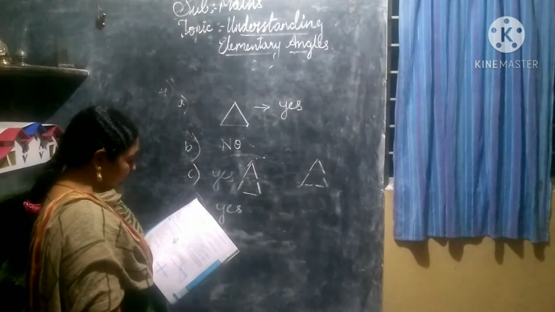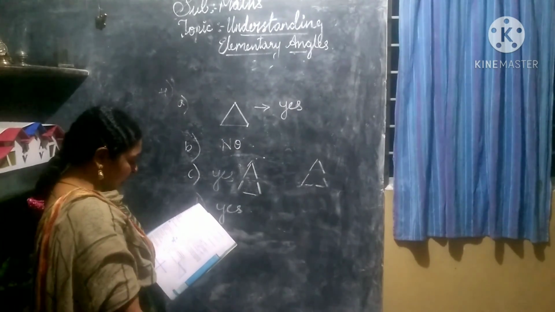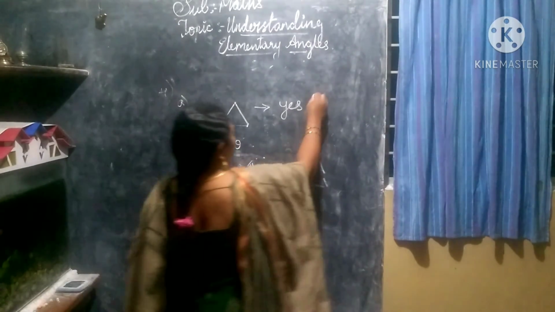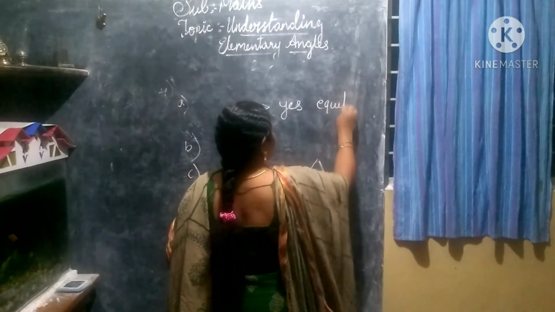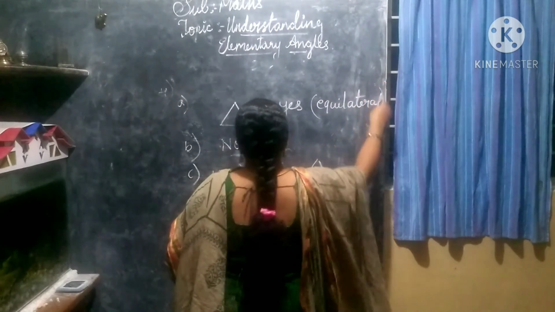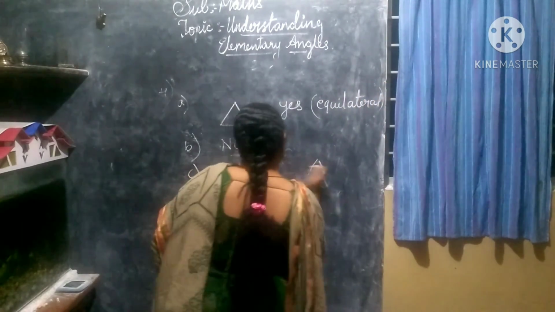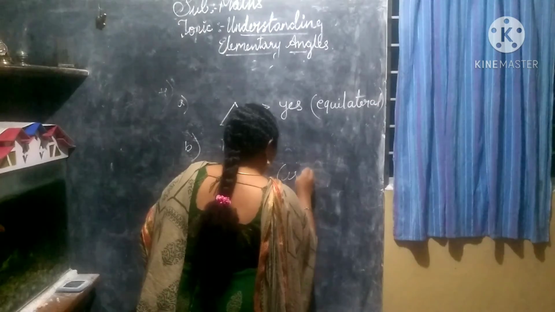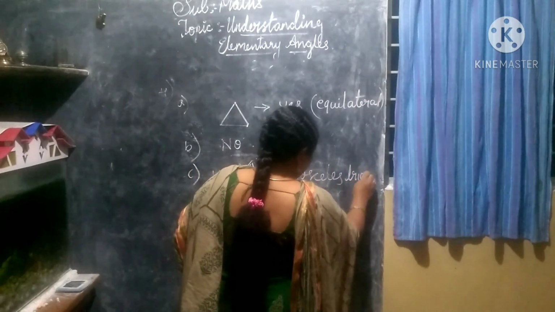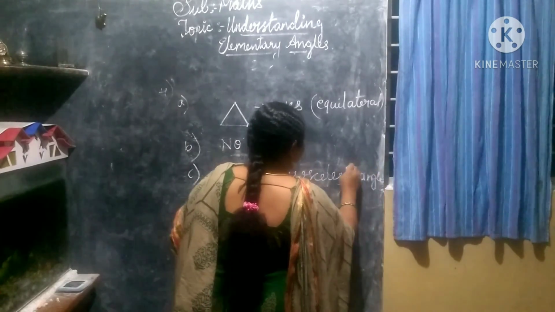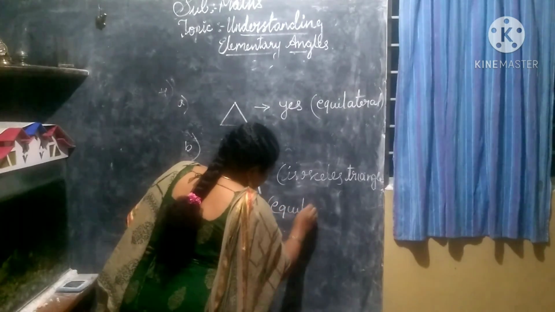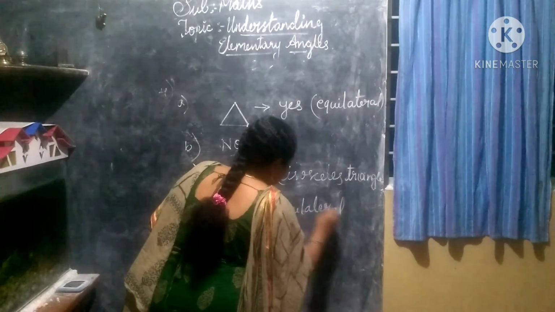Name the type of triangle in each case. If you can make a triangle, think of the reason. So here you can make an equilateral triangle, right? Second one is no. The third one will be an isosceles triangle. And the fourth one is again equilateral, because we have given 2 matchsticks on the 3 sides.